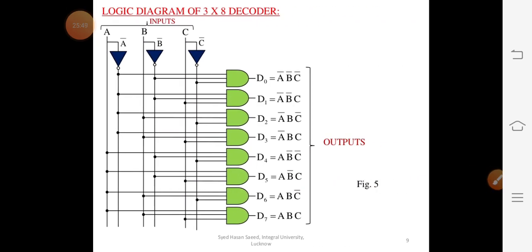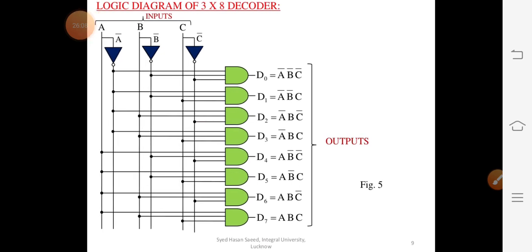Now in the same way you will make the logic diagram. This also you have to write in your notebook, because this question means any one question from applications of logic gates. We will study half adder, full adder, encoder, decoder, multiplexer, and for sure this question will come, ठीक है. तो ये आपको copy में properly you have to note it down. Now look at the logic diagram.